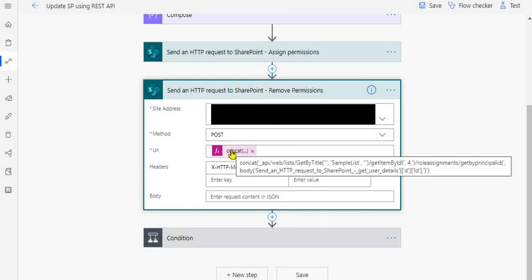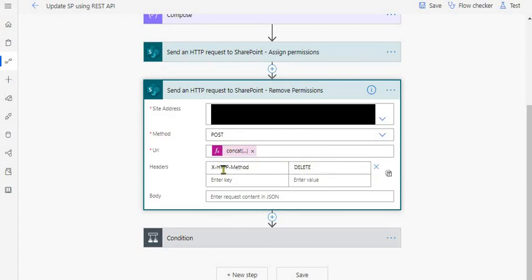And in the concat, it will be again the same: getting the list, getting the item ID, then role assignment, and instead of add role assignment, we'll be using get by principal ID, where the principal ID will be again the user ID, output of our second action. So this will remove the permission of this particular user from that particular list item, where when you specify the delete, it will remove the permission for this user.